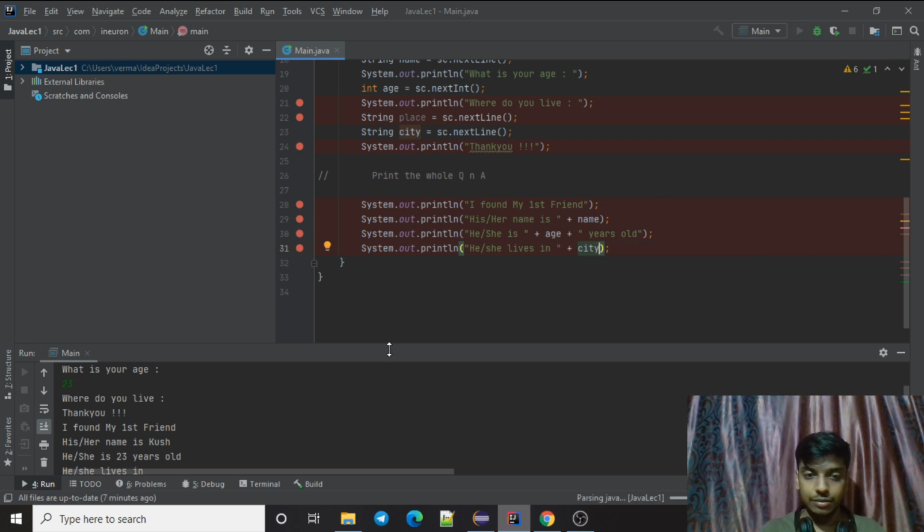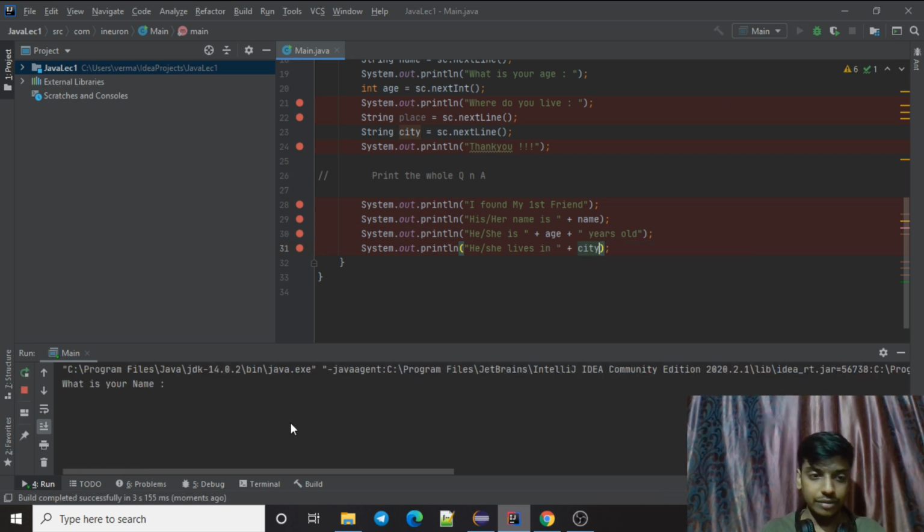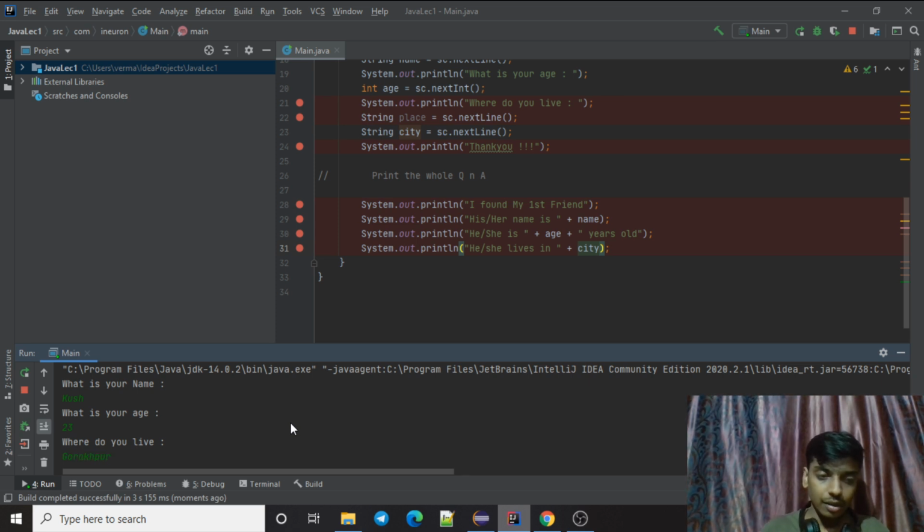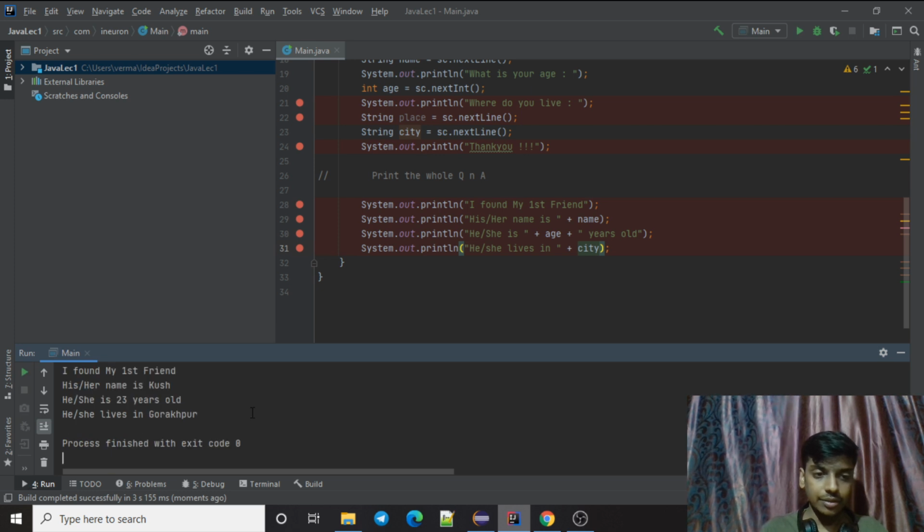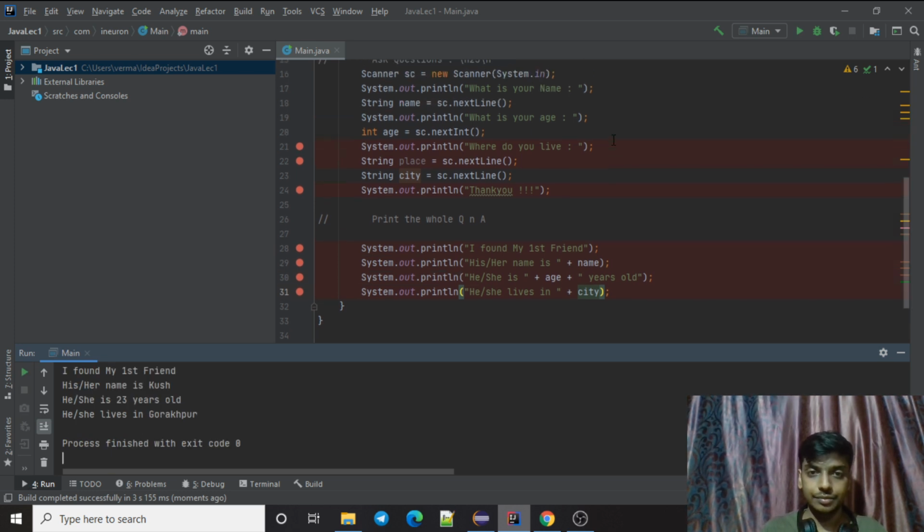If I use this, now it works fine. As you can see, it is stopping here and it works fine. Great.